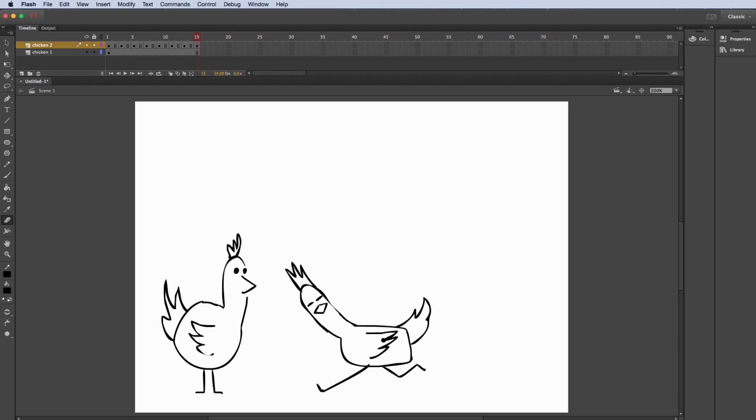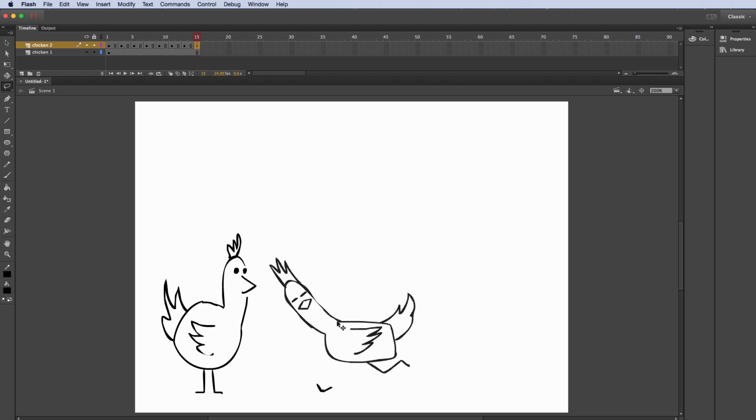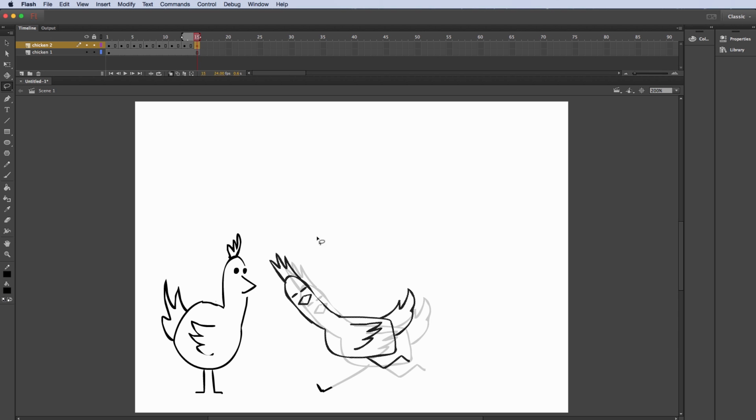So I'm going to erase again the leg position here. And take this, I'm going to move it over, move it up a little bit. I want to be able to see the previous frame. Okay, all right, let's take the head shape and let's rotate that up some more.